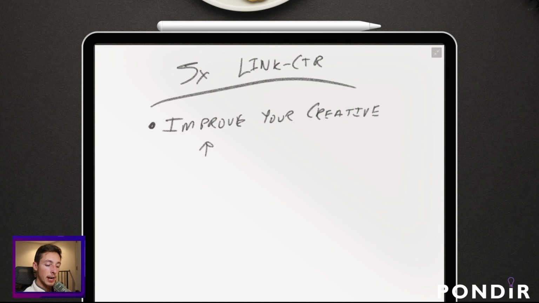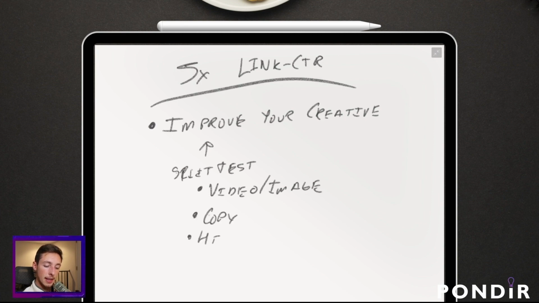So how do you improve your creative? You split test. You split test the video or the image. You split test your copy, your headlines. You split test your thumbnails. And you continue